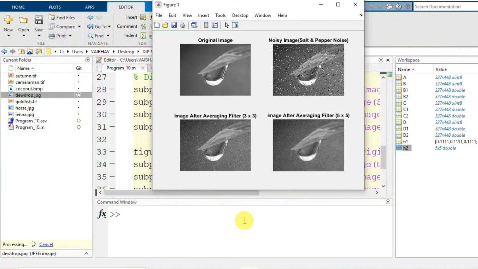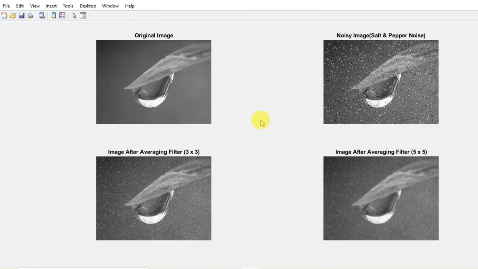Now I will show you the first figure here, the first subplot. So this is the original image. After application of the salt and pepper noise, we get the visualization like this. In salt and pepper noise, a few of the pixels are with the maximum intensity, a few are with the least possible intensity, and the rest are with different intensities.